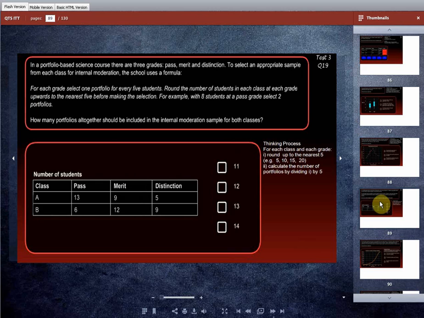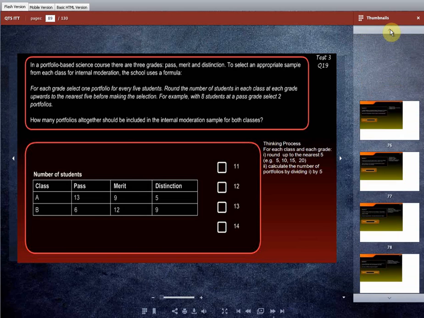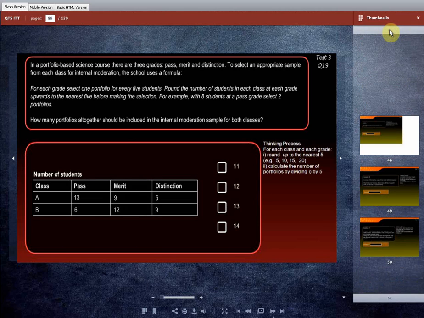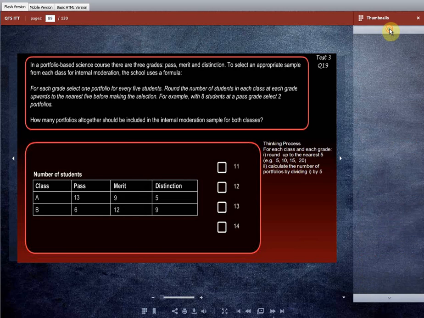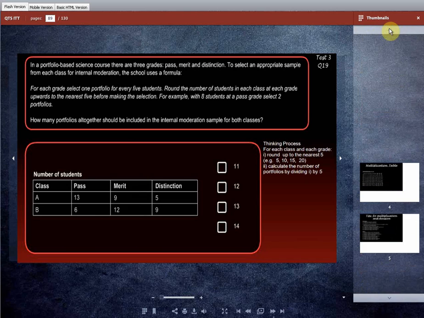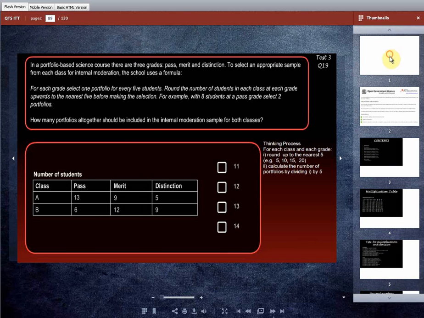Test 3, Question 19. In a portfolio-based science course, there are 3 grades: Pass, Merit and Distinction. To select an appropriate sample from each class for internal moderation, the school uses the formula